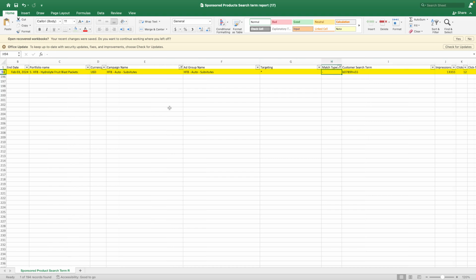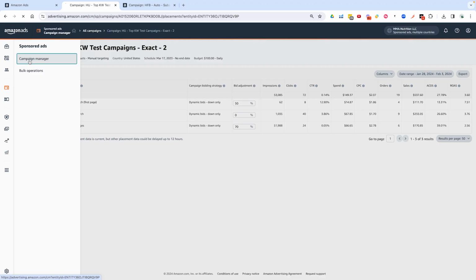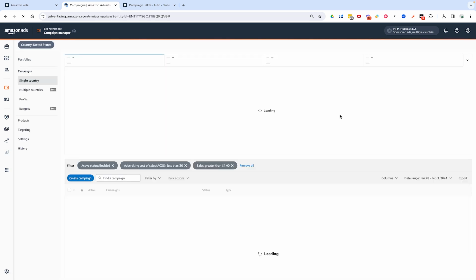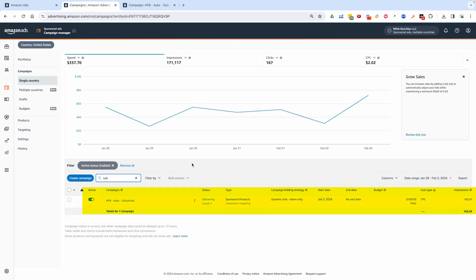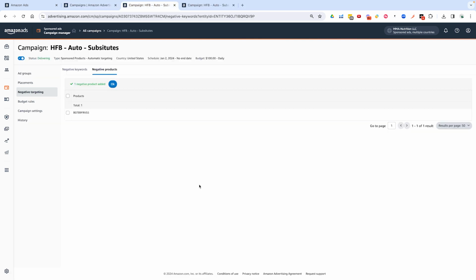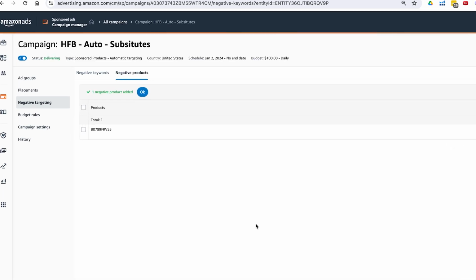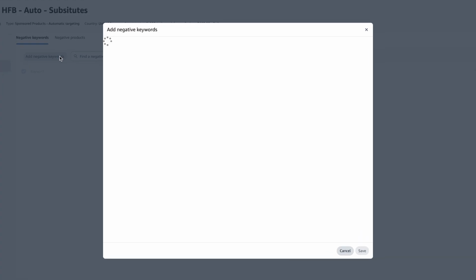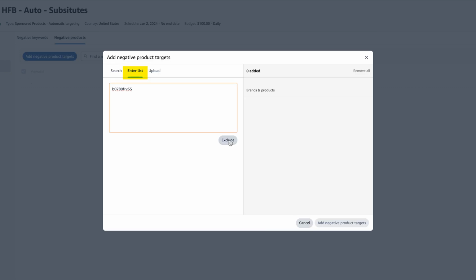I'm going to find this ASIN, copy it, go back into Amazon, go into the campaigns. I'm going to find that campaign, auto substitutes. So I'm looking for auto substitutes. Let's remove those filters. All right, so I found that campaign, auto substitutes. I'm going to open it into a new tab. And now I'm going to go to negative targeting. So I'm going to add a negative product and I'm going to click enter list, enter my ASIN, click exclude,